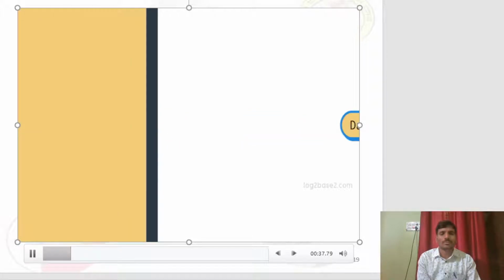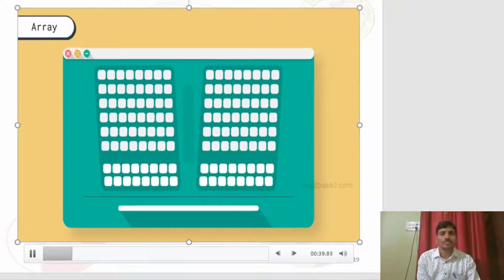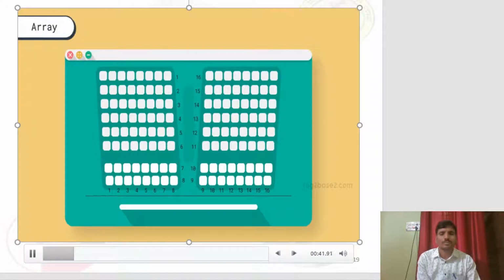So we all must have used online ticket booking systems at least once. It might be for booking tickets for train or maybe bus or flights or movies or any other shows. If we want to book any seat, it is just a matter of clicking on a square and it will be booked. But have you ever wondered that this is a two-dimensional array and this seat, which is in row 3 and column 4, is seat of 3, 4. So that is a real-life application of an array.